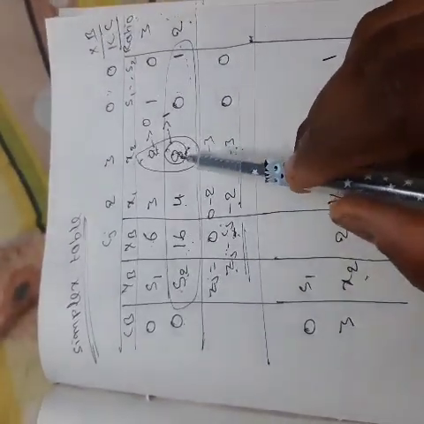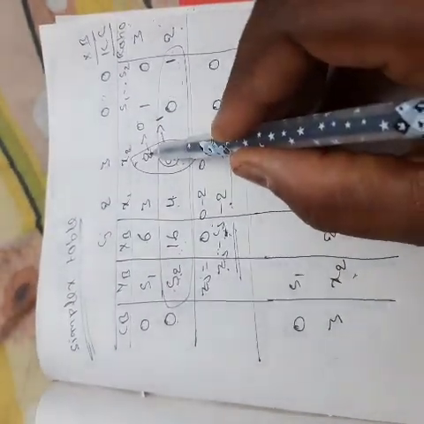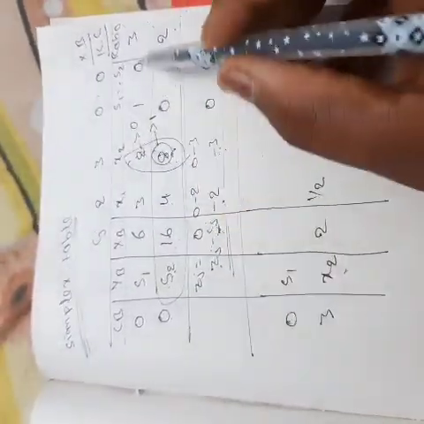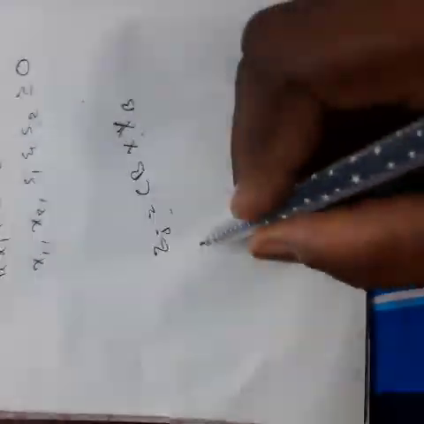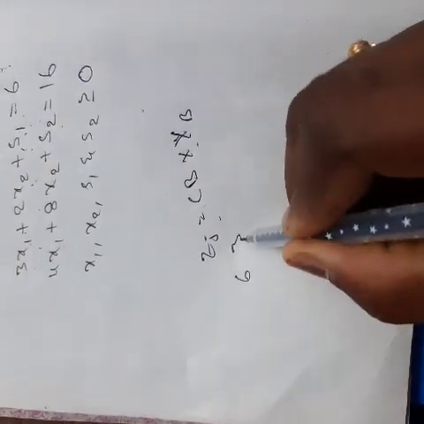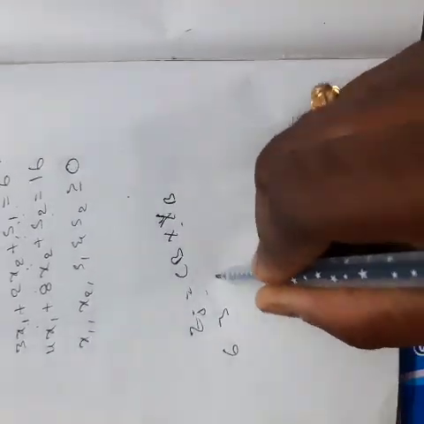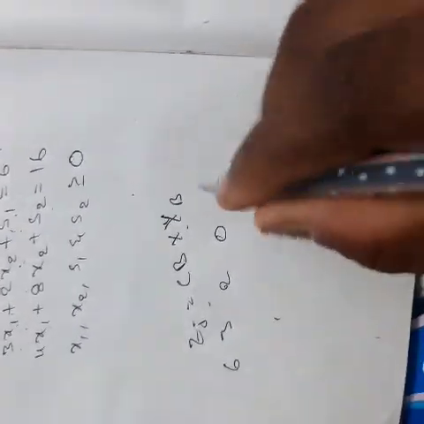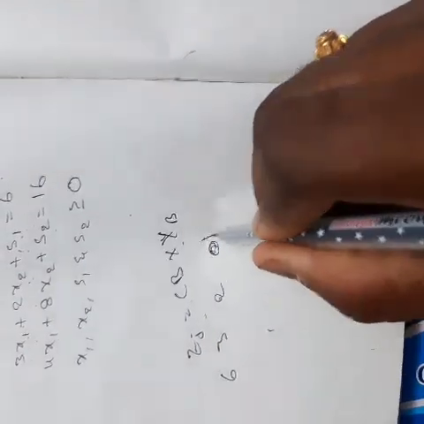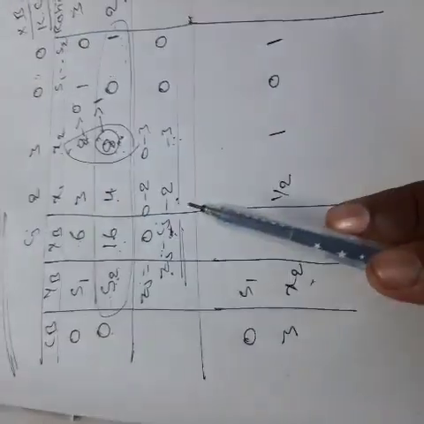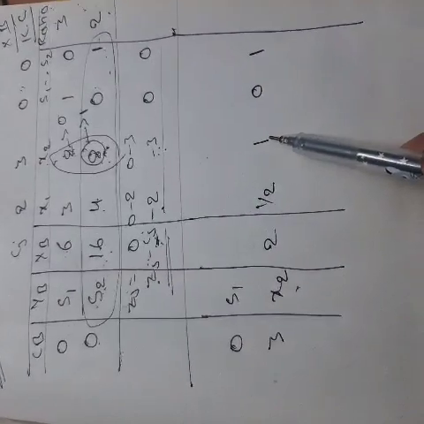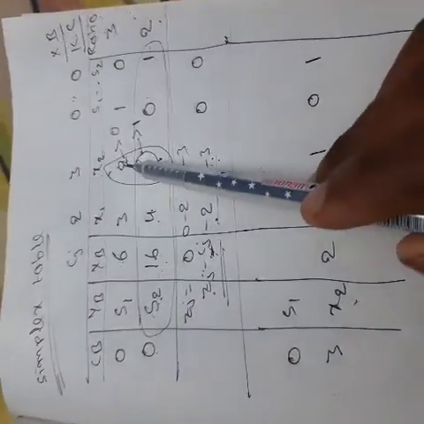What next? You have to make it 0. Let us consider this entire row. Write down the entire row: 6, 3, 2, 1, 0. The first row is 6, 3, 2, 1, 0. And the second row, you have to look into this, not the one above. By using this row, you have to make this 2 as 0.